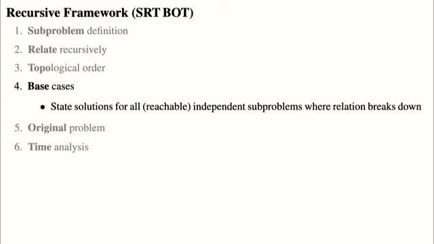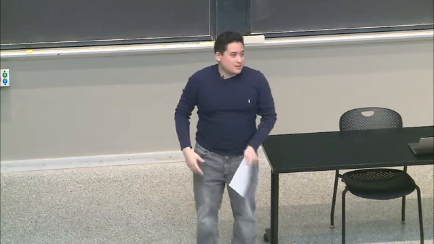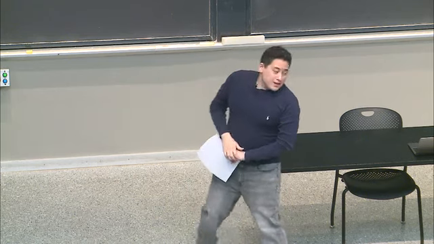State solutions for all reachable independent subproblems where the relation breaks down. Essentially, I would be going outside the bounds, or anything where, maybe if you've got one item left, you might say, well, I have no choice on what to do with that item. I have to pick it, or something like that. Okay, then for